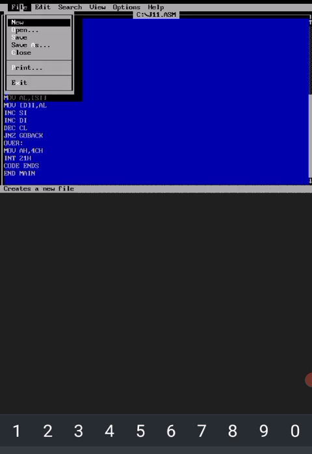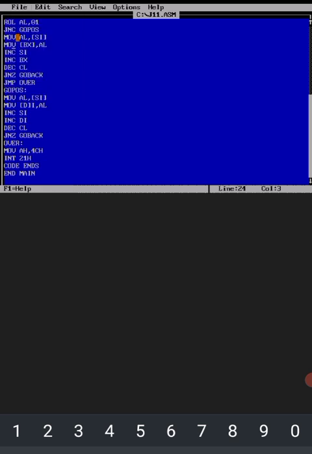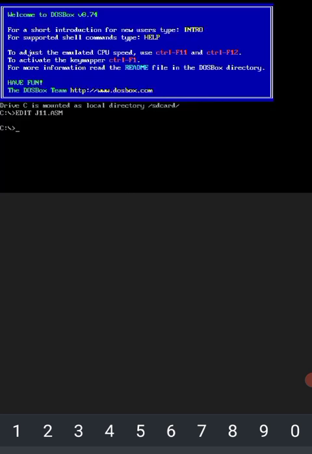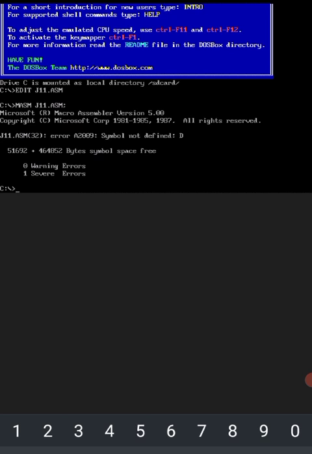So let us start, execute, and get the result by following simple steps. Type masm j11.asm;; and click on enter. I am getting 1 severe error, symbol not defined in line 32.